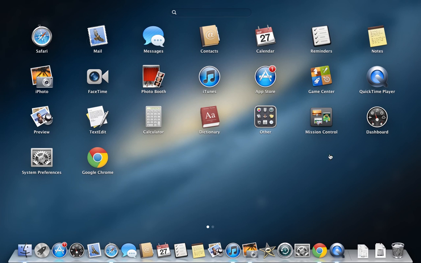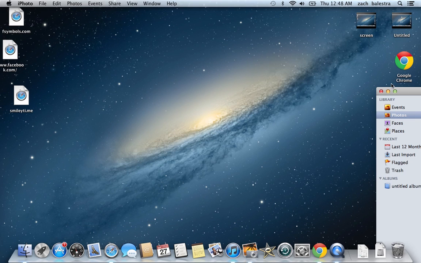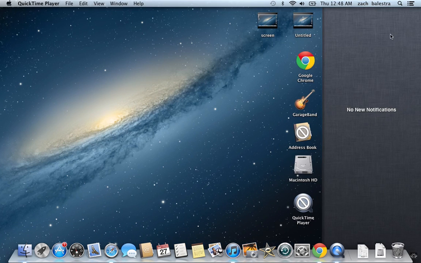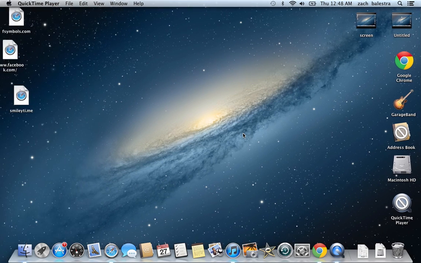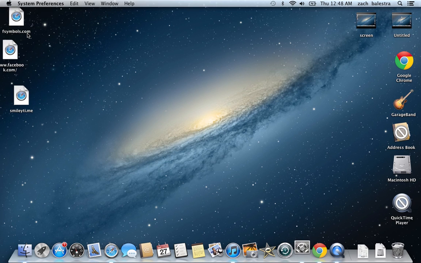Game Center, that's cool too. And if you're on Mountain Lion, you have a notification bar right here. This is for game notifications, Twitter, whatever you have, new apps or whatever. And there's GarageBand. You can create your own music in there. There's different instruments. And for the main part now, if you click your Apple system preferences, this will open up